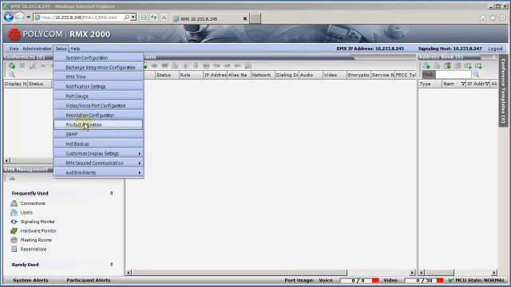Product activation, we didn't go through that, but in a fresh install you will need to do a product activation. You'll need to take the serial number and the license key and go to the Polycom Resource Center and get your activation key and insert your activation key. At that point, it'll be up and running. SNMP traps, where you're actually allowing an outside program like SolarWinds or HP OpenView or